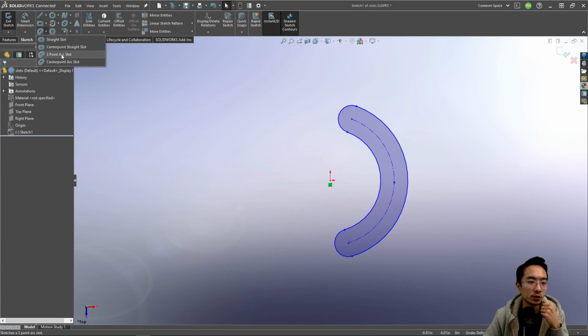Depending on which one you need, a center point or a non-center point, it just depends on your application. If you know where the origin needs to be, then you may want to choose a center point option. If you're designing it based off of the start and end points, then you may choose a straight slot or a 3-point arc slot. Okay, so that summarizes how to use a slot